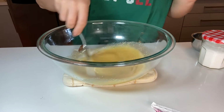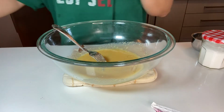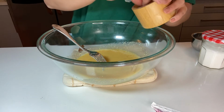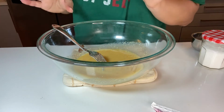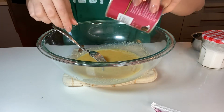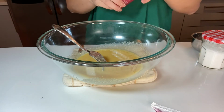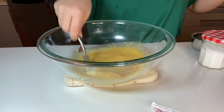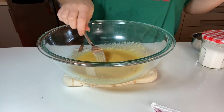The only thing you're gonna measure here really is your flour. I know I shouldn't say that. A little dash of salt to bring all the flavors out, and baking powder. Use a little baking powder to lift everything up. Okay. Nice, mix everything. I didn't forget anything. Now,